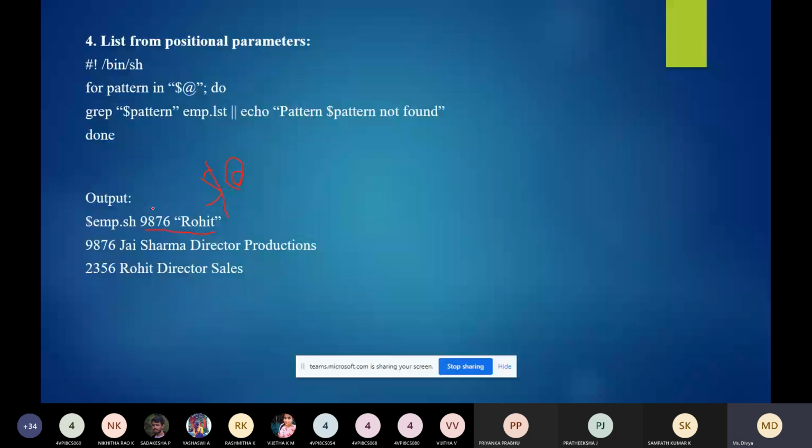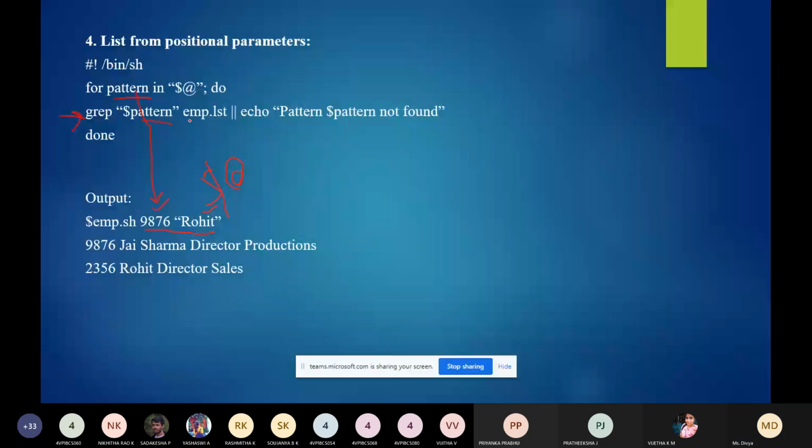Initially the pattern will take the first value, the first item in the list. This is the first item and this is the second item, so there are two items in the list. First it will take 9876, then it will go for the grep command. The grep command will search for the pattern 9876 in the file employee.list.